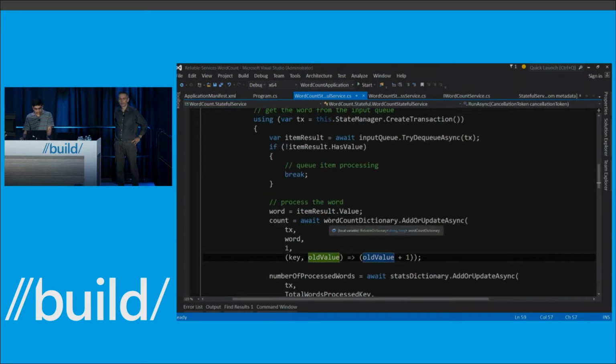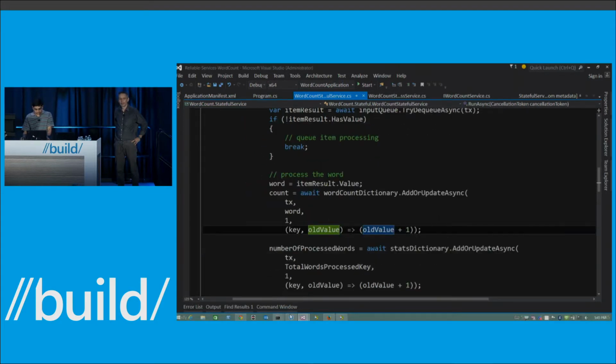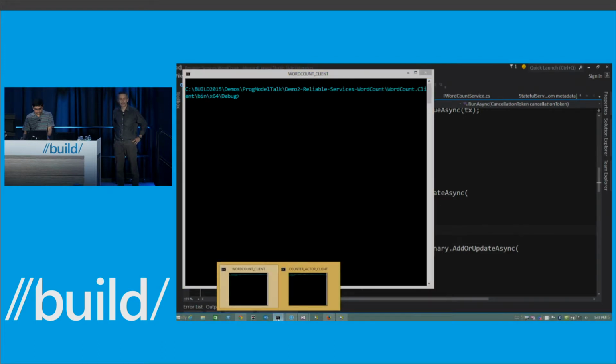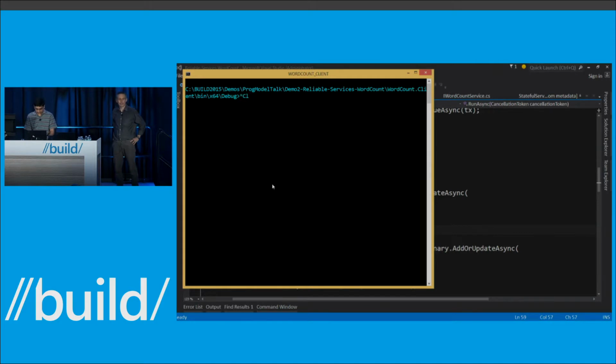Think about it. If you write code today and it fails, you have to do all of the recovery and handle the failures inside that. And here we're providing transactional guarantees around updates on those dictionaries to make sure that until that commit happens, we'll provide full consistency on the transaction, and we'll roll it all back to where it was.